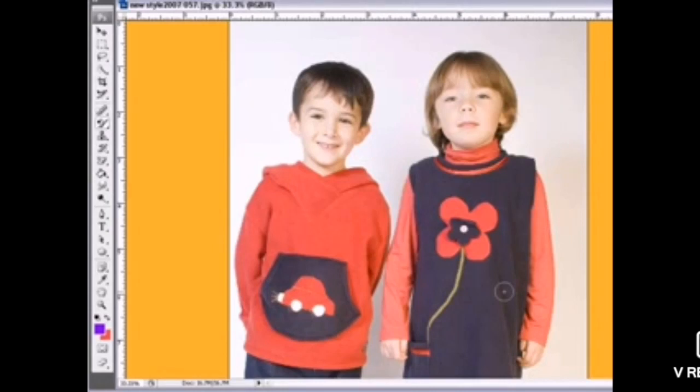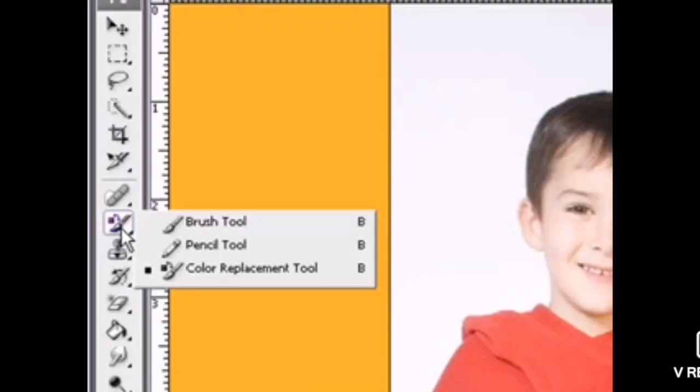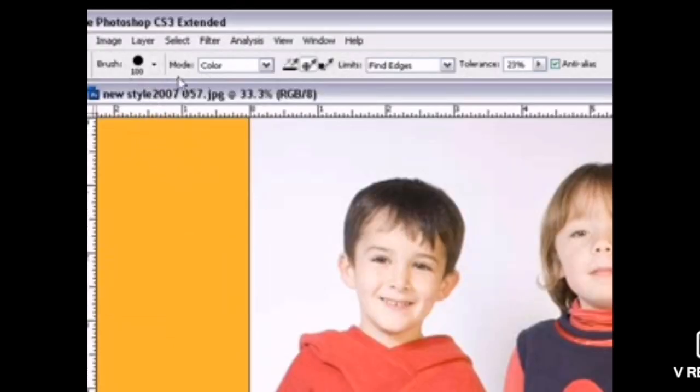Now here in this picture I have selected foreground color as purple color and the background color as red color. So what I will do? I will just press the Alt key for selecting the colors. Now suppose I have selected the color replacement tool. Now in that color replacement tool I'll select the desired brush size. Then as I select the desired brush size, see I can increase, even I can decrease it.